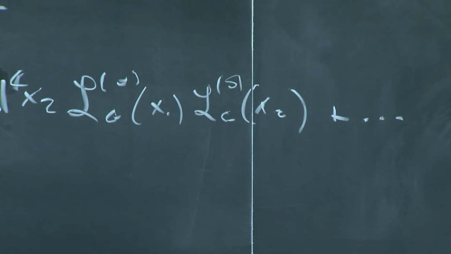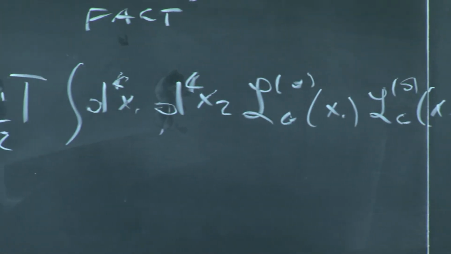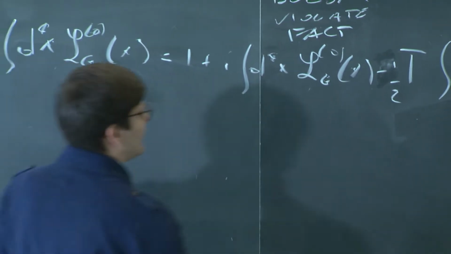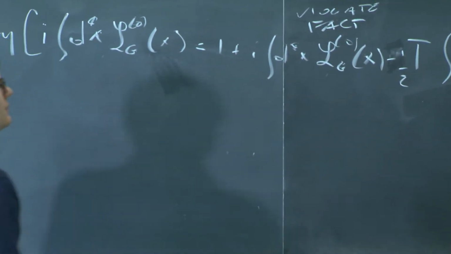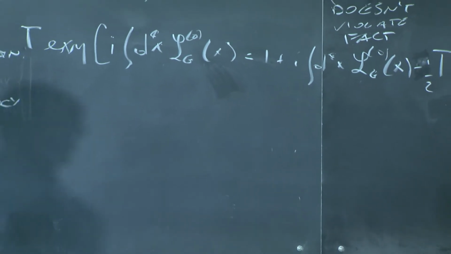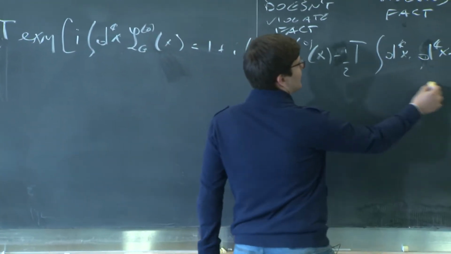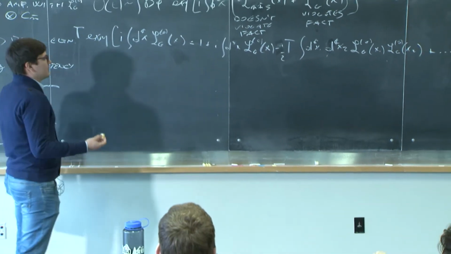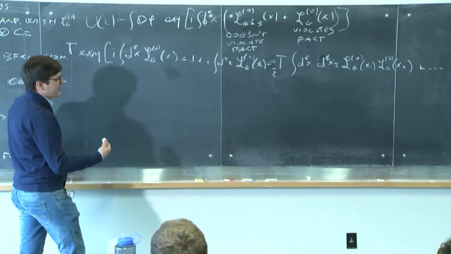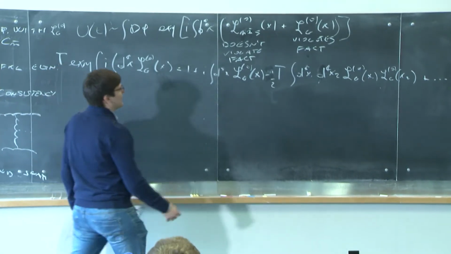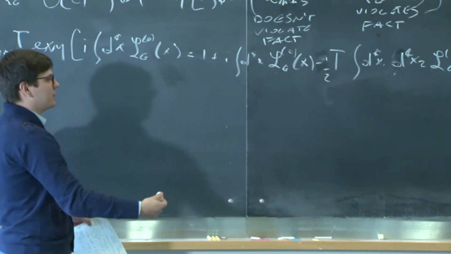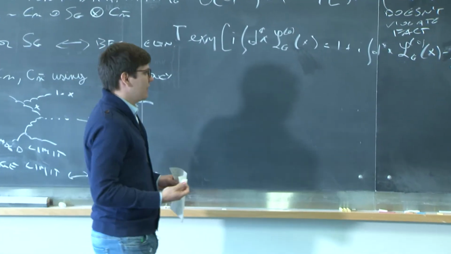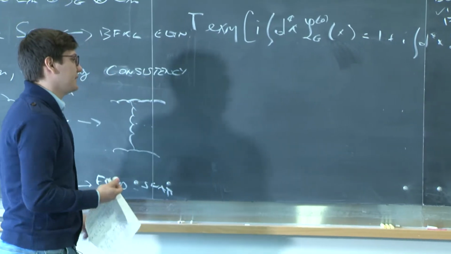The problem here is, what are we expanding in? We don't have a power counting parameter telling us that this term is subleading with respect to this one. We cannot even talk about an expansion in alpha_s, because these Lagrangians contain terms at all orders in alpha_s. So the organization of this expansion is kind of tricky.